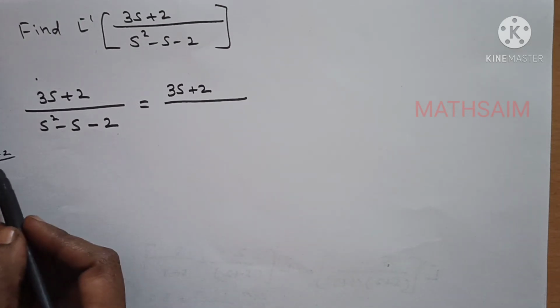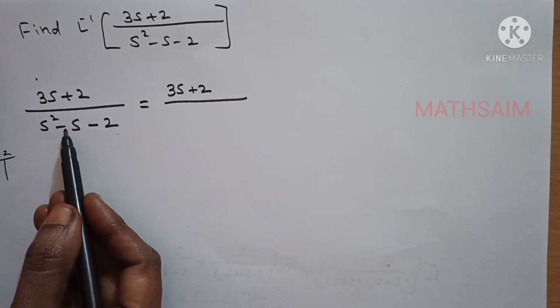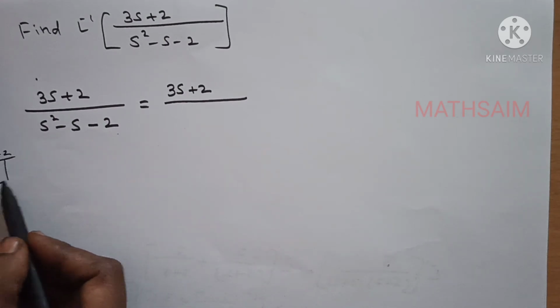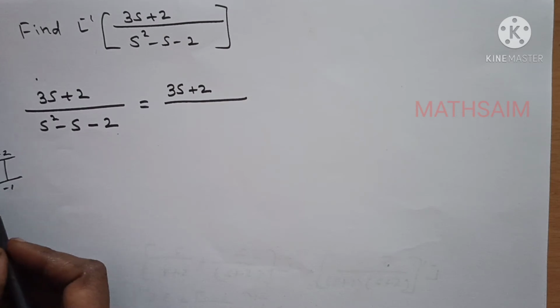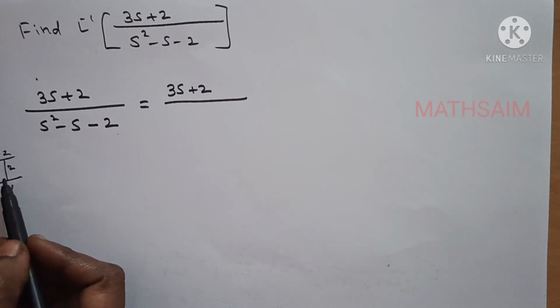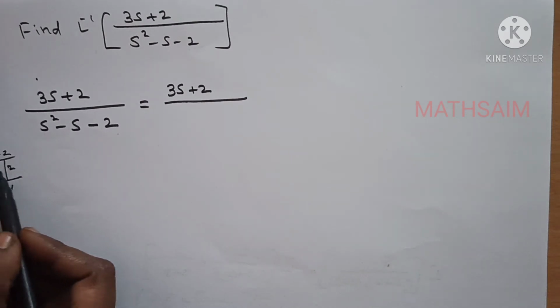This is minus 2, no? How are you going to get minus 1 from these 2 numbers? When you are multiplying, you should get minus 2. When you are adding these 2, you should get minus 1, okay? You just check, is it possible? If you use 1 and 2, what will happen? You will get only plus 2, no? So you just add a minus here.